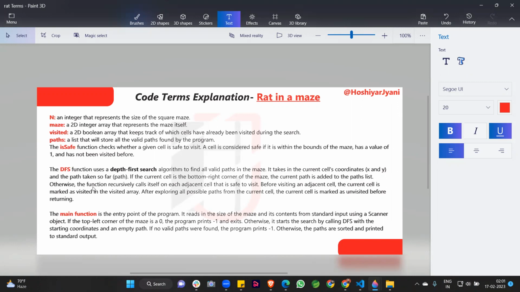Otherwise, the function recursively calls itself on each adjacent cell that is safe to visit. Before visiting an adjacent cell, the current cell is marked as visited in the visited array. After exploring all possible paths from the current cell, the current cell is marked as unvisited before returning.